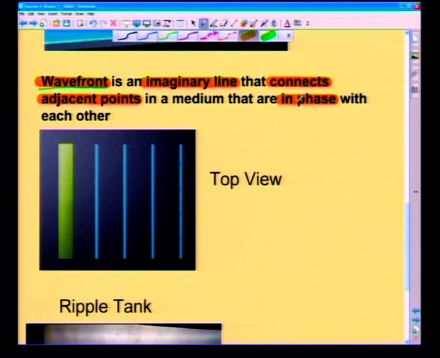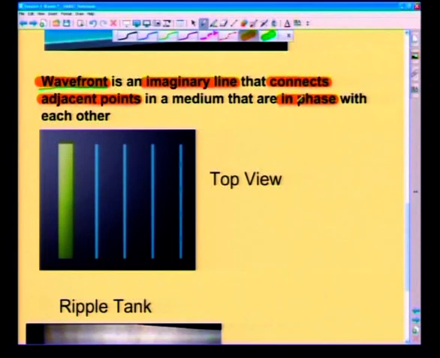In phase with each other, like I've illustrated earlier on, means that these points are moving in a similar position throughout the wave motion. You can't find one remaining here, the other one there, and at some point they come together. They move at the same time, they move together, and therefore even their speed is the same throughout that wave motion. Okay,